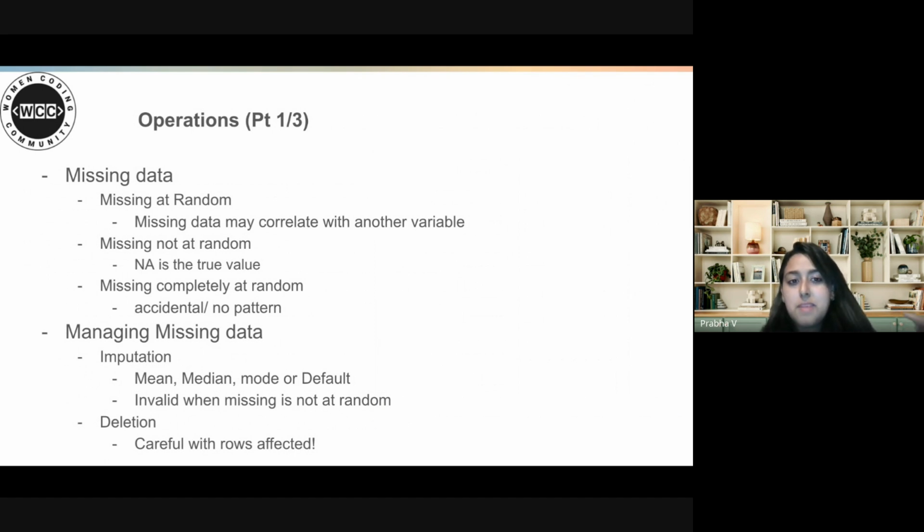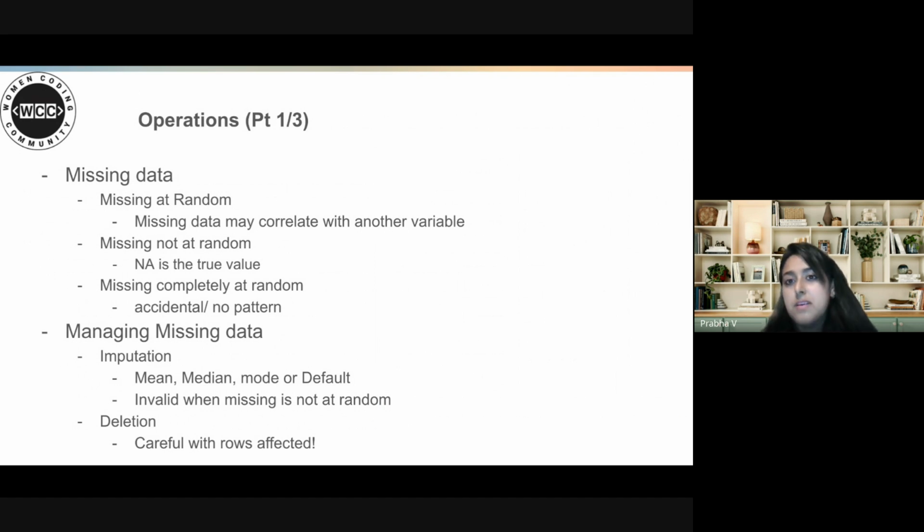A couple of major operations that you're going to have to deal with when feature engineering: you first start by looking at the raw data that you have. The first thing that would pop up when you're looking at the data is if there's data missing, and if it is missing, why is it missing.